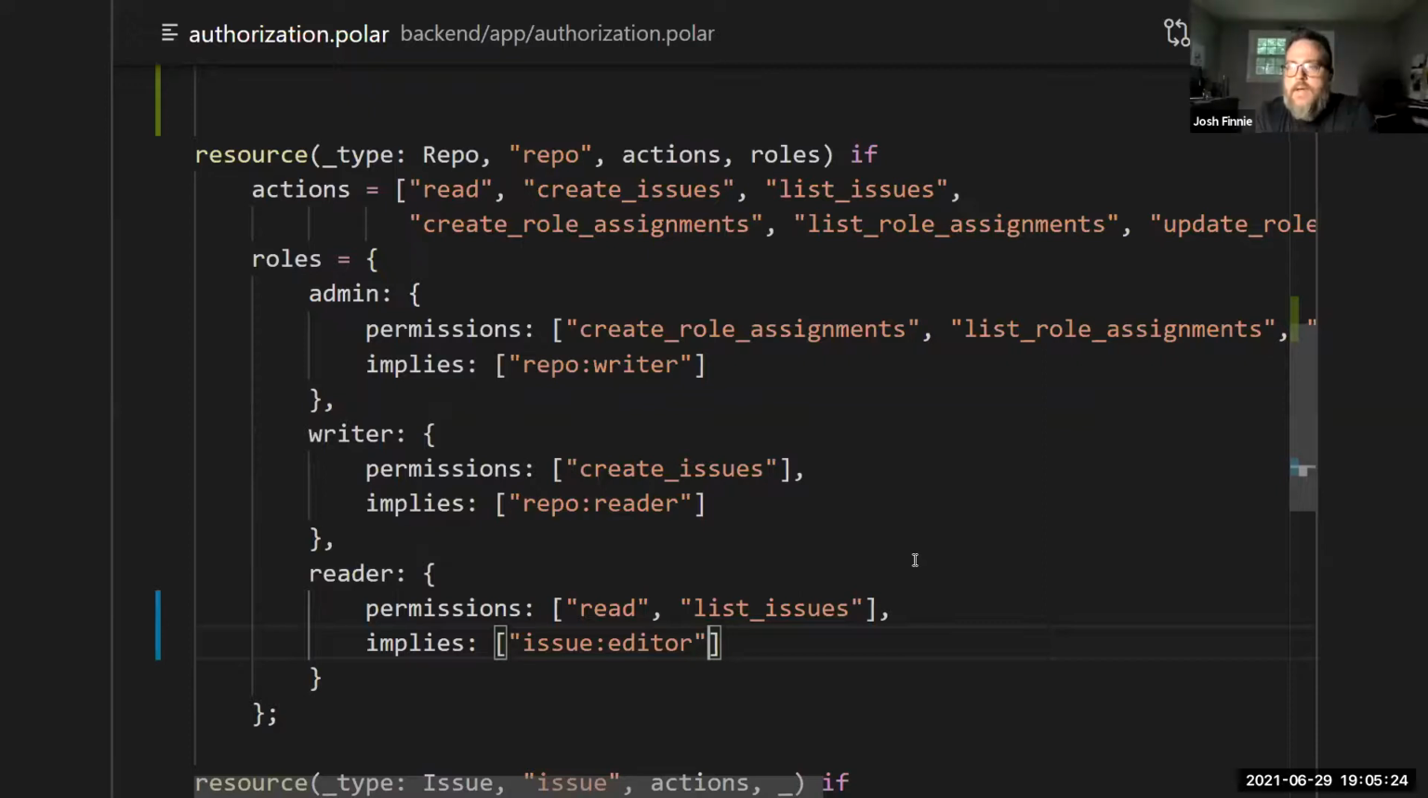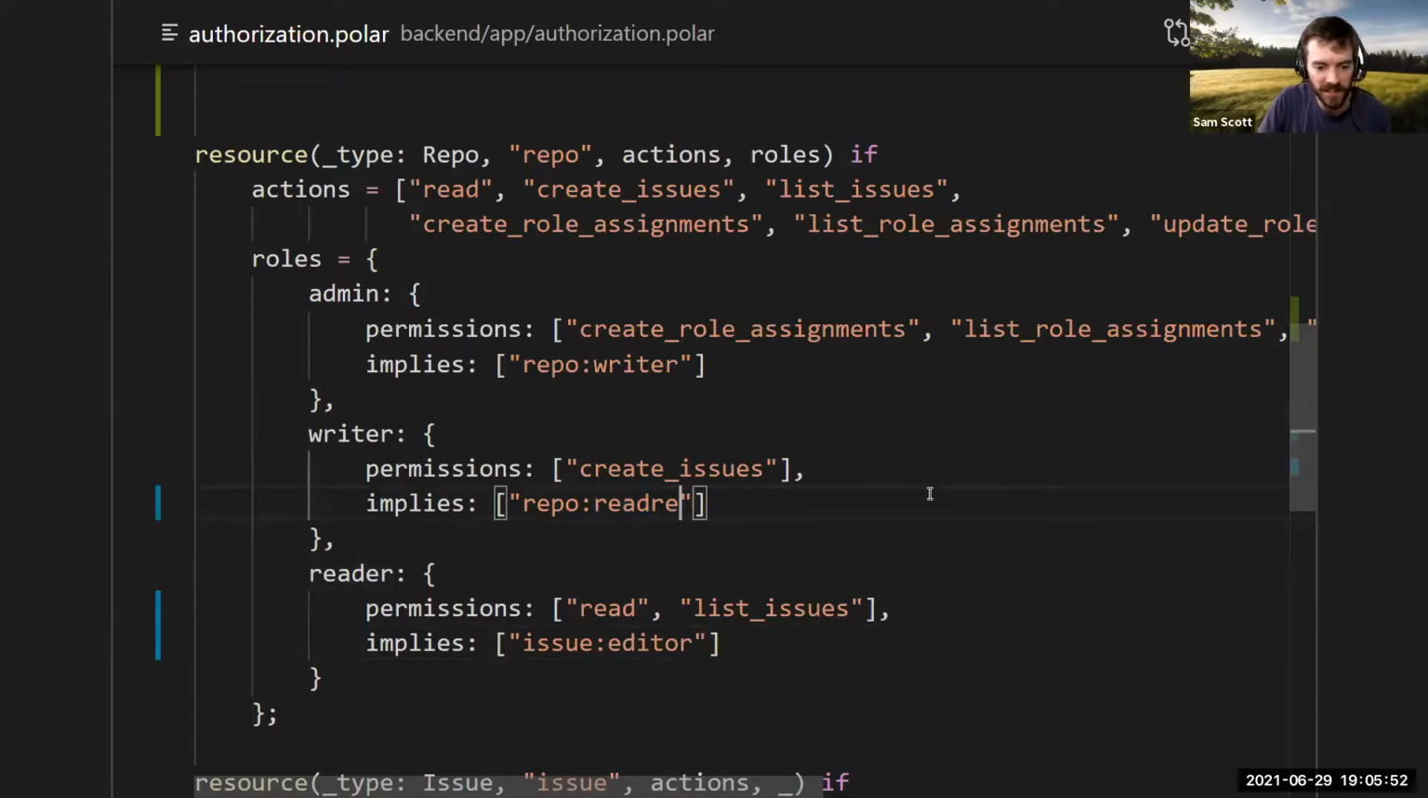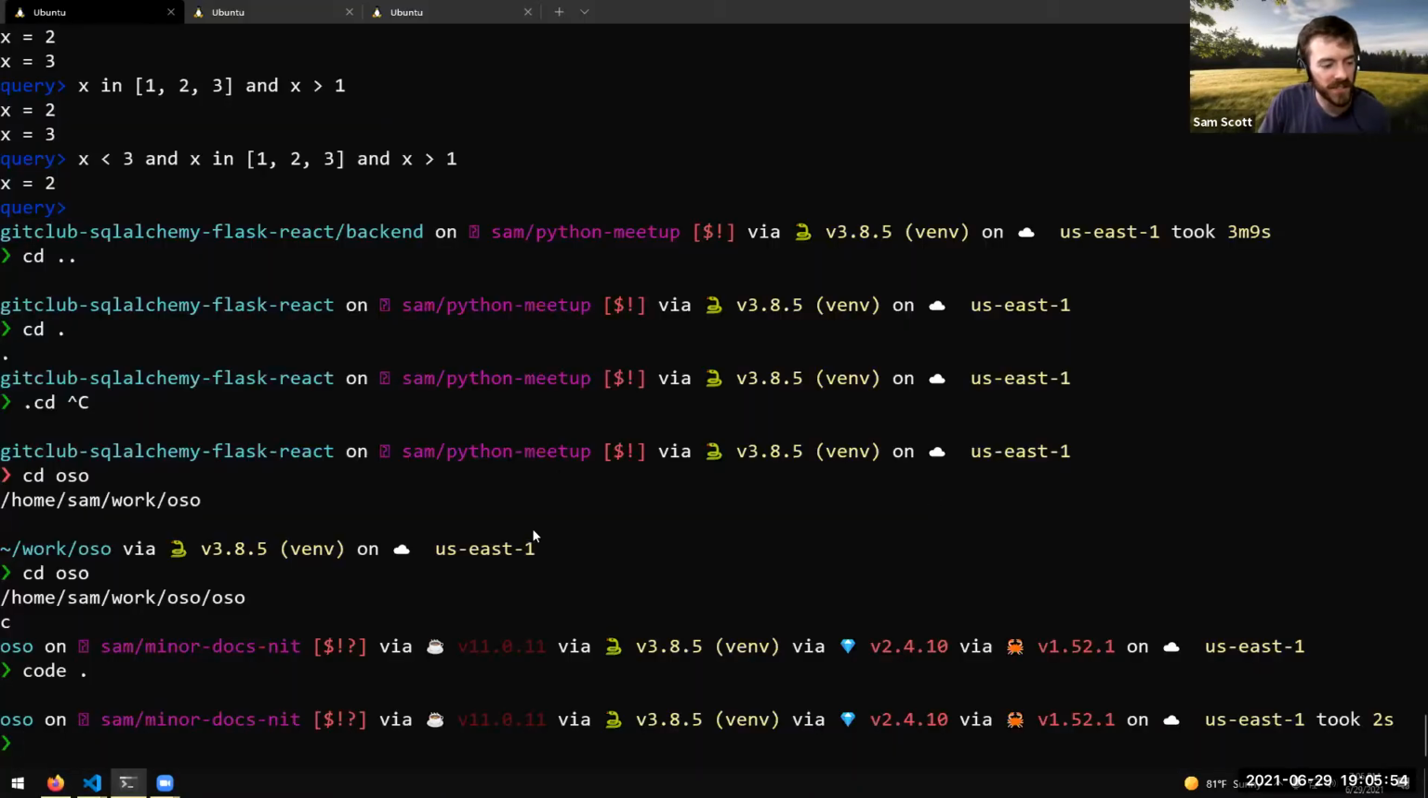I have a question quick. Does Polar get compiled down, and does it show if there are conflicting roles or permissions? So it's an interpreted language, so it's not compiled, but we do have some validation built in. I think, for example, let's try this out. If I typo reader here, what I should get, if I was actually running the app...